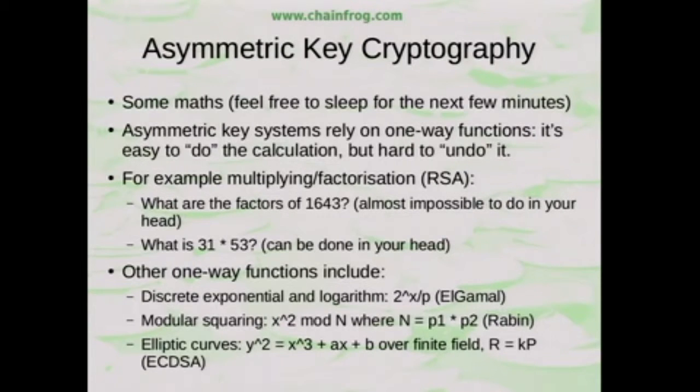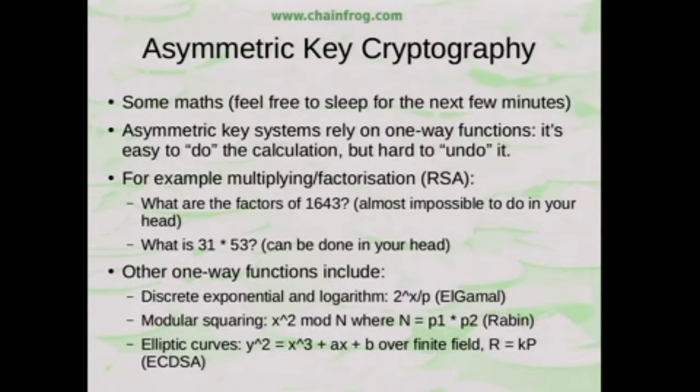And one that we're going to look at in a bit more detail is elliptic curves. You have elliptic curves specified by that equation: y squared is x cubed plus ax plus b. When you go online, all the diagrams show these as continuous curves on the reals, but actually for cryptography you do it over a discrete finite field. And it turns out that the elliptic curve defines a bunch of integer points in that finite field, and if you